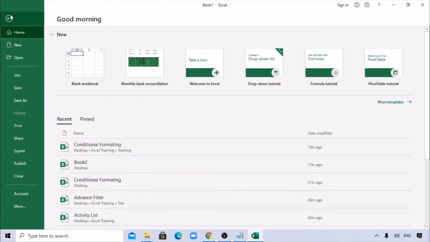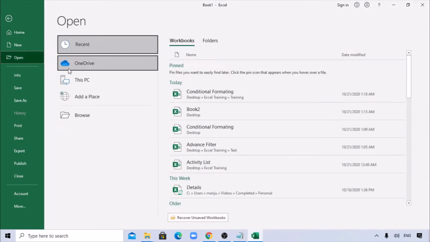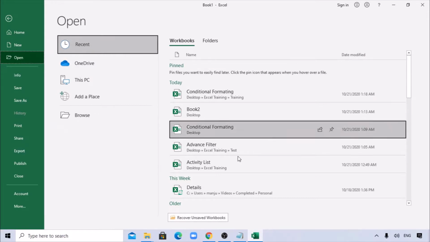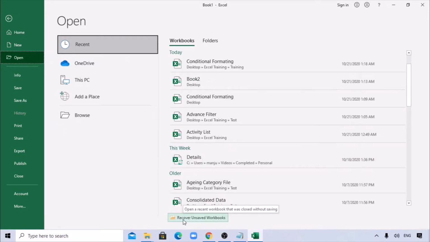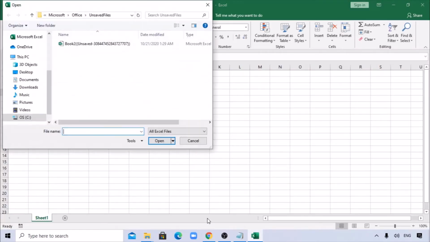Go to File. In File, go to Open. In Open, under Recent, come down. You can see an option called Recover Unsaved Workbooks. Just click on it. So now you can see the version here. The last one was at 1:29 a.m. If you click and open it,